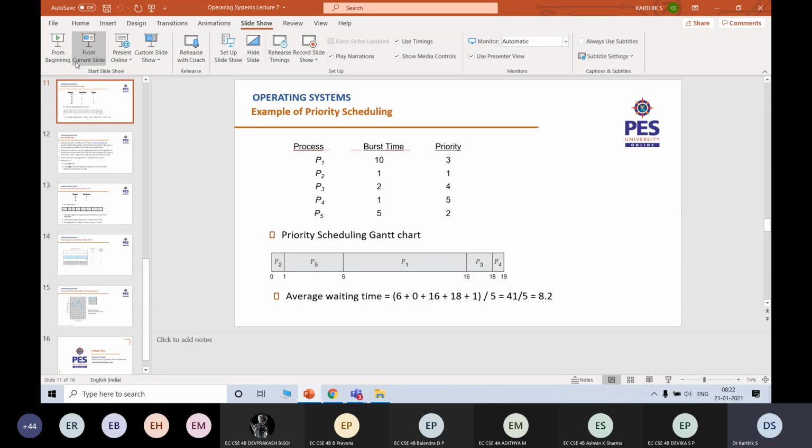Even if there is a tie in arrival as well, then ties are broken randomly. One of them is going to be randomly picked up by the scheduler and the CPU is going to be assigned. So the next process will get the immediate next turn because its priority is the same. Right? Is it clear? Yes, sir.